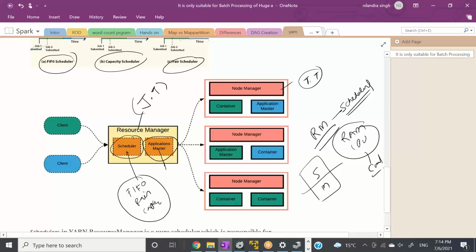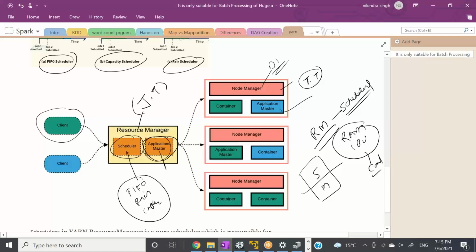Inside this container, your job is running, which your application master will be monitoring, right? Now the question arises, who will be negotiating these containers? Whenever the client submits the job, it will go to the resource manager. The resource manager will schedule the job, and it will create one application master on one of the node managers. Node manager is nothing but your data nodes.